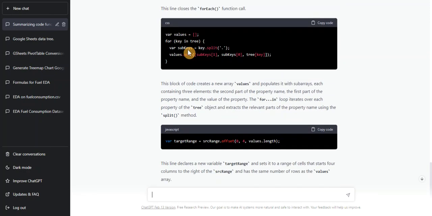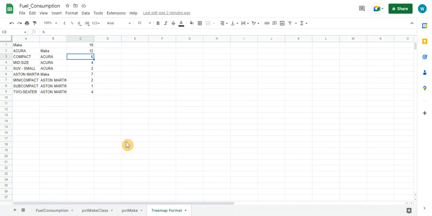And I just needed to make one change. And the change I needed was that you can see the vehicle subclasses here, they need to be unique in a tree map view. So if I have a compact vehicle subclass for the make Acura, if that is repeated for another car, which is quite likely, it will not get represented properly. So I needed this one change. And after understanding this function quickly using ChatGPT,